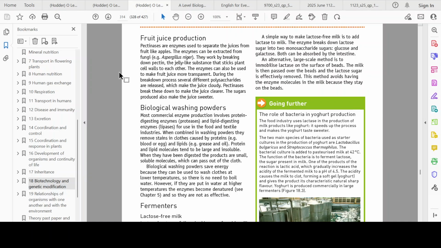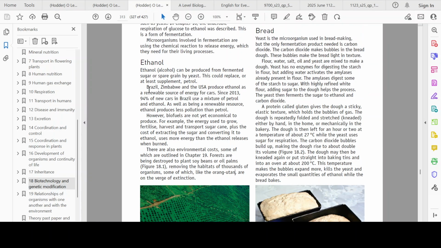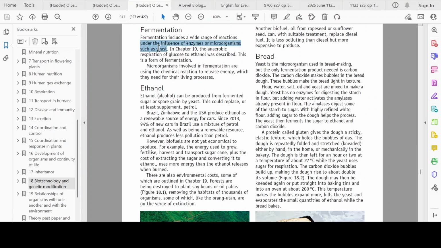Yes. Okay, and that ethanol again is used in fermentation to make wine and all of that. The ethanol is not used in bread. The process of anaerobic respiration is used in making bread to make the dough rise, right? So in that case, the ethanol is not the important product. The important product is the carbon dioxide, which is going to increase the volume of the dough,